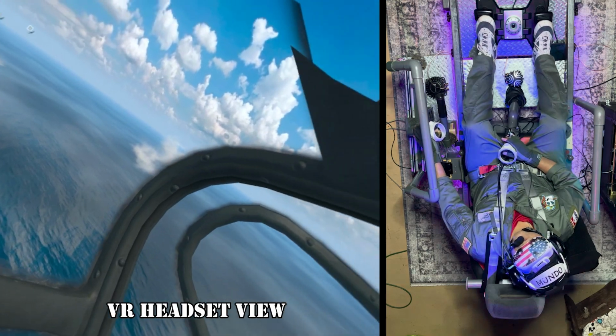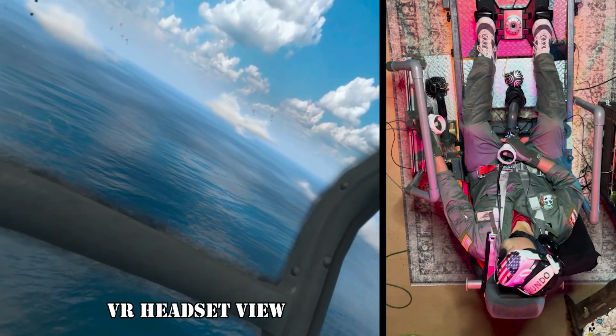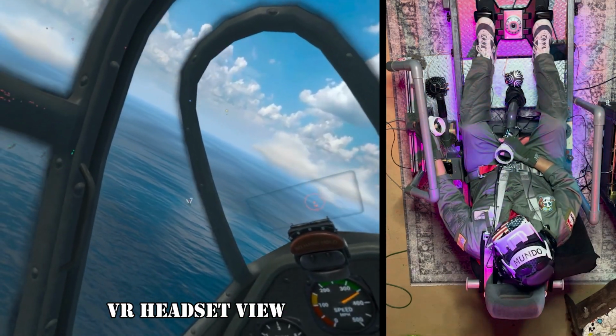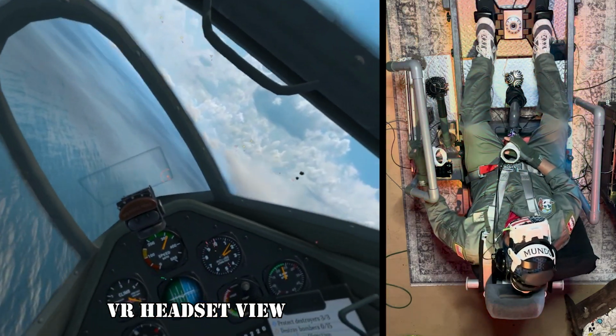But look at the clouds, man, it's pretty awesome. The water's pretty. And then again, there's my battleship group, and then there's their battleship group. On this Hellfire, I've got a couple torpedoes. So once I get over that way, let me just drop some right now. So to drop these